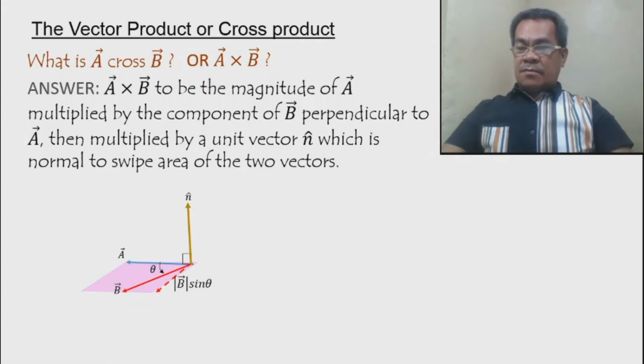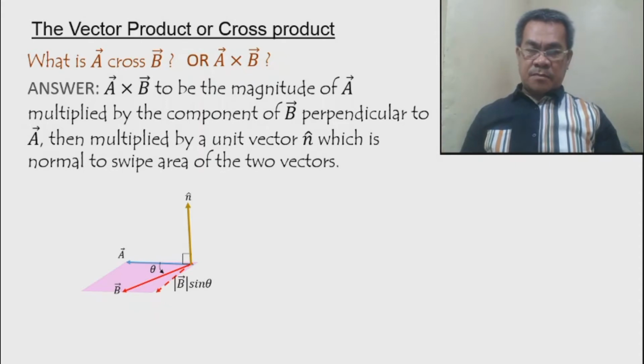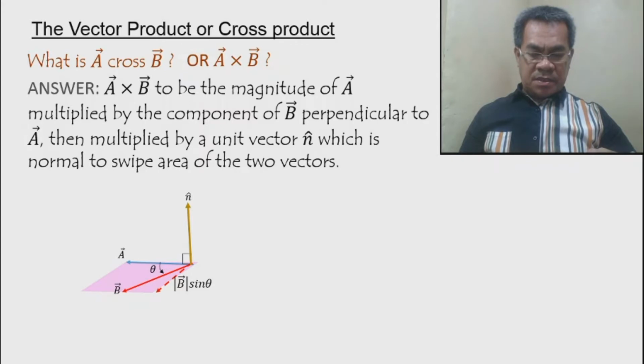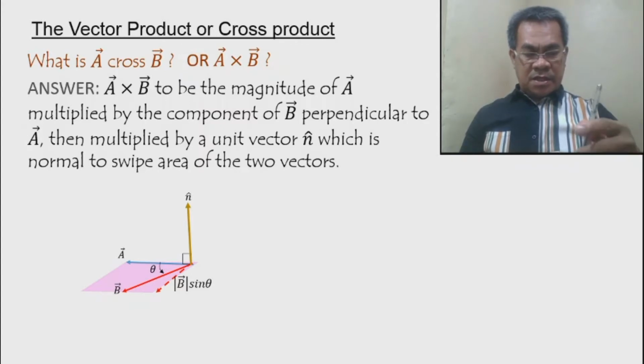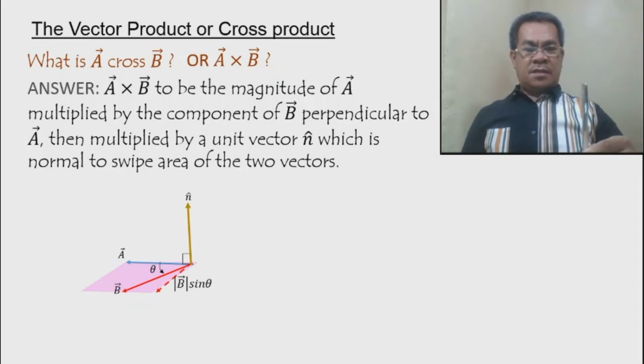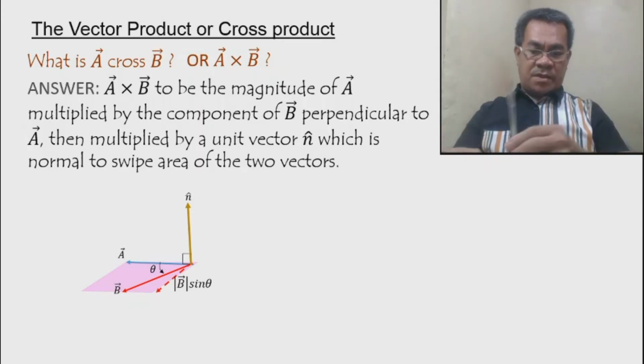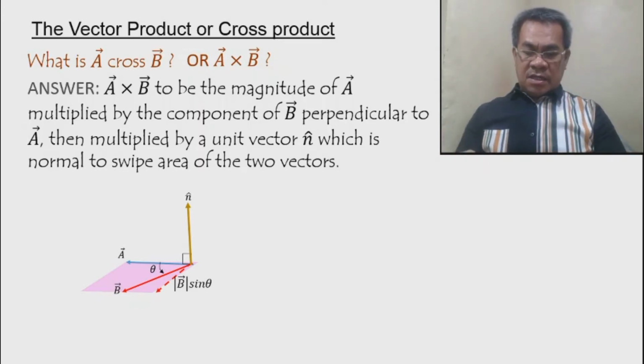Okay? So this is the one. This is the illustration. This is vector A and this is vector B. And the angle is coming from A towards B. So then, normal to that, this is a normal, okay, this will rotate in this direction. So this is a swipe area, and this is the component of B perpendicular to A is somewhere in this